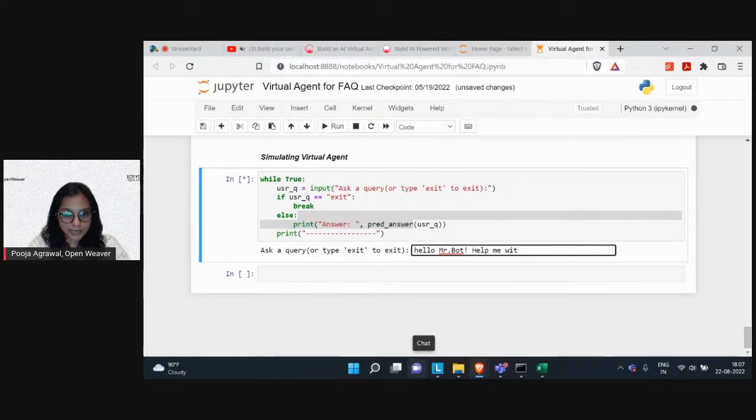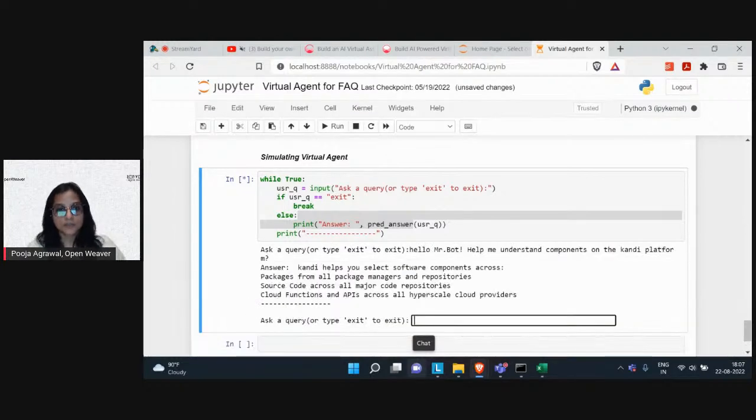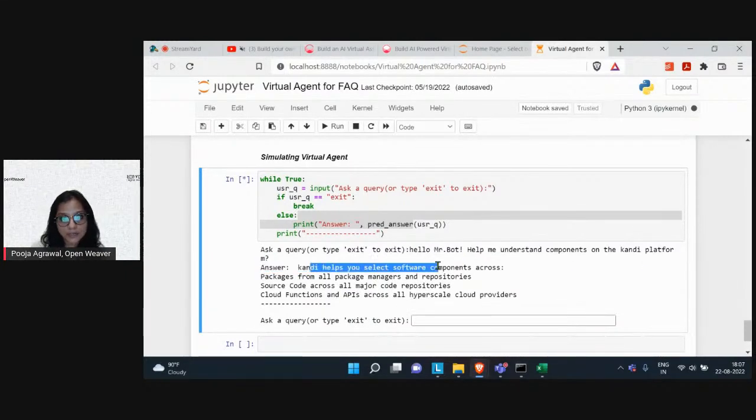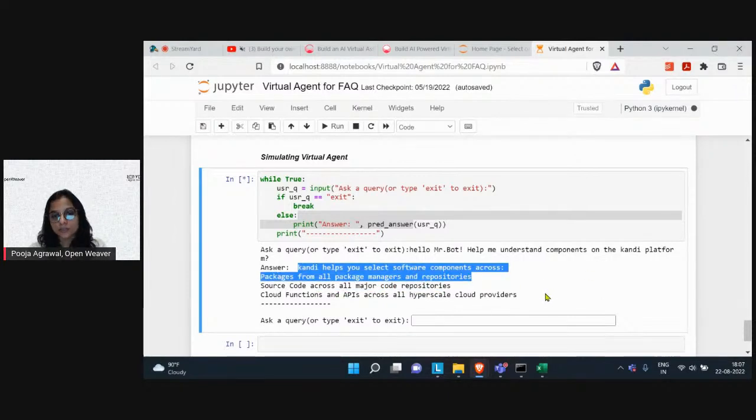Let me understand components on the kandi platform. Let's see what it gives. So it is giving us an answer that kandi helps you select software components across this.